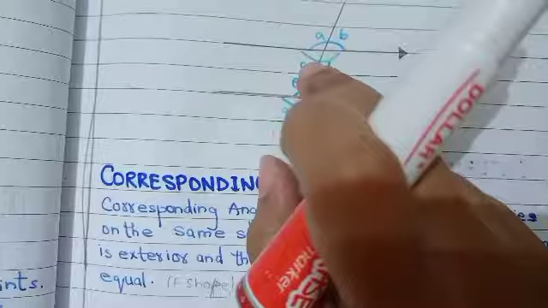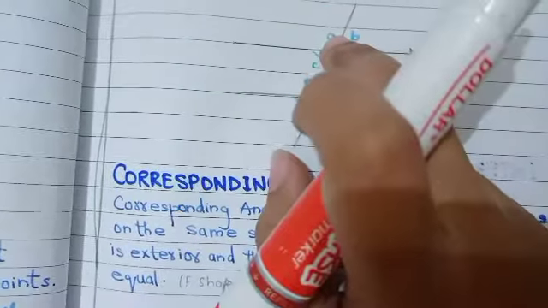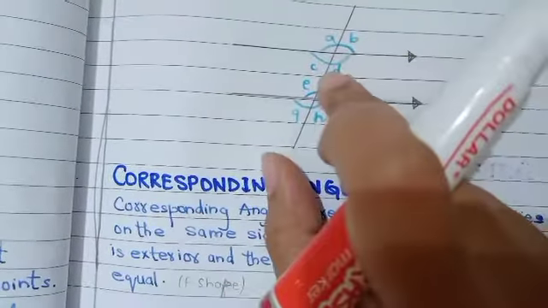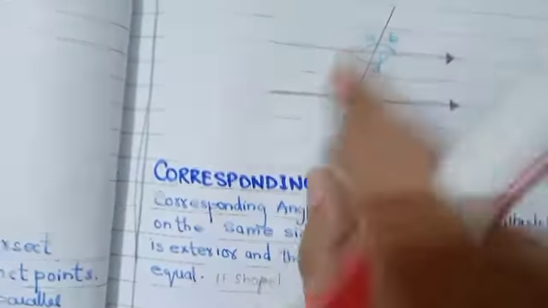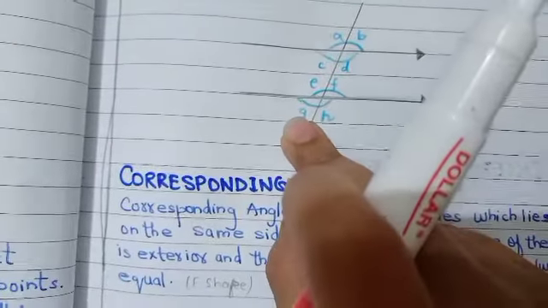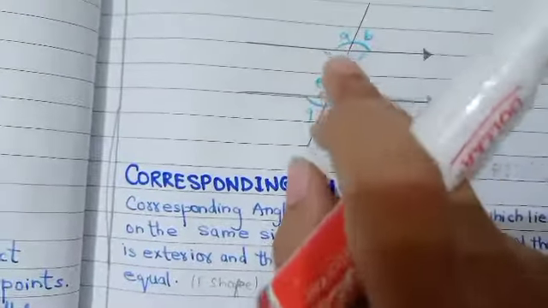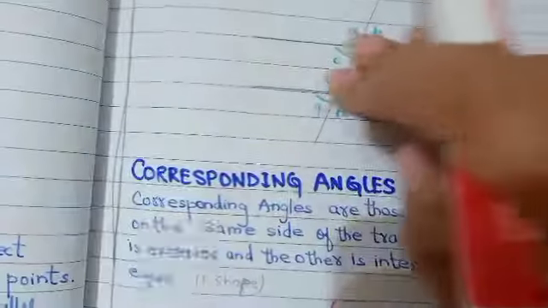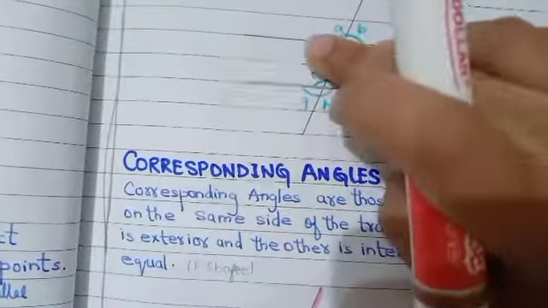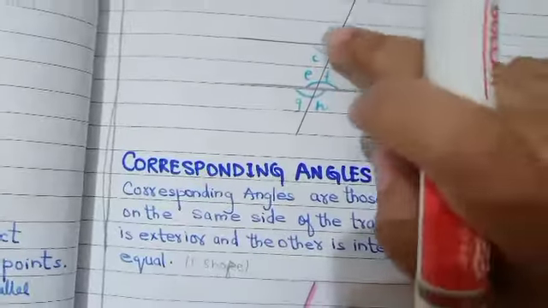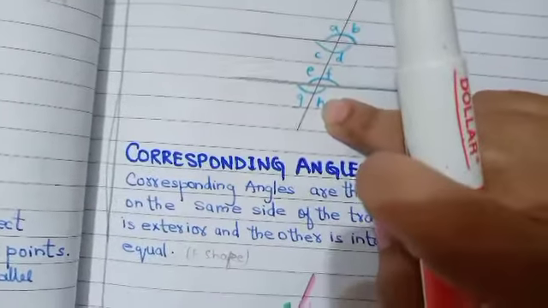ठीक है, जो अंदर की तरफ आ रहा है, this is interior, this is exterior. This is exterior, this is interior. This is again interior, this is exterior. जो नीचे की तरफ लिखा है और ऊपर की तरफ लिखा है, upside and down. Both are exterior parts, and inside, which is coming inside, they are known as interior angles. ठीक है, तो C, D, E, F interior है, A, B, G, H are exterior.